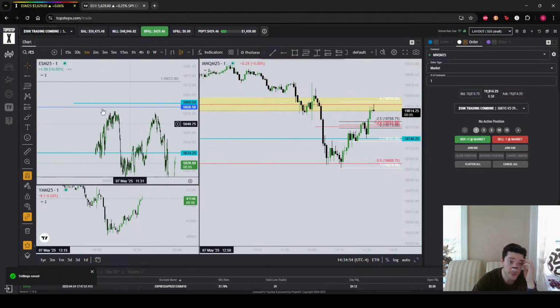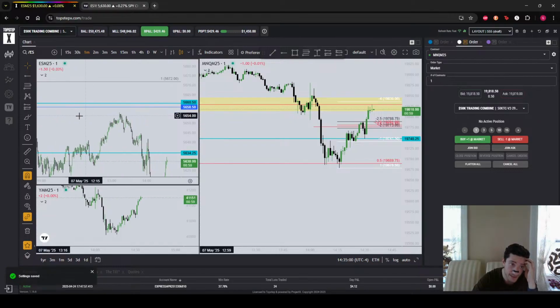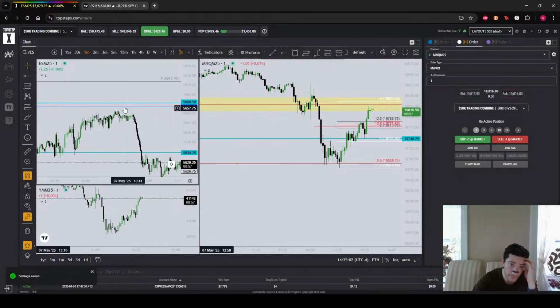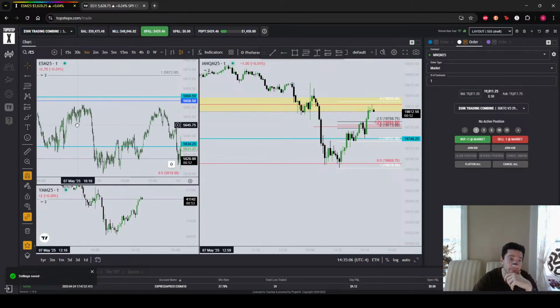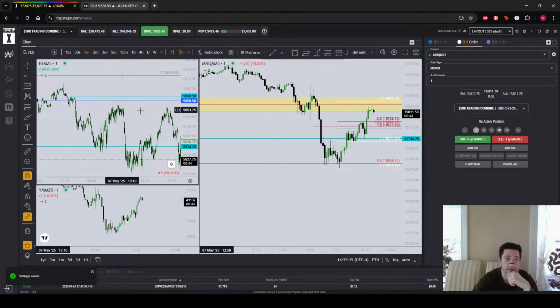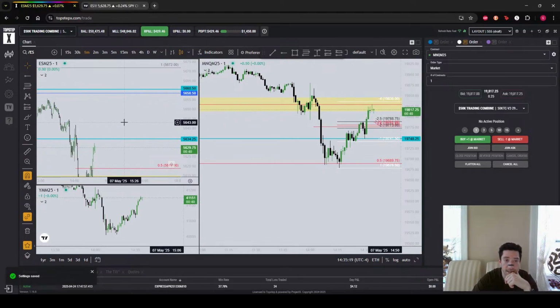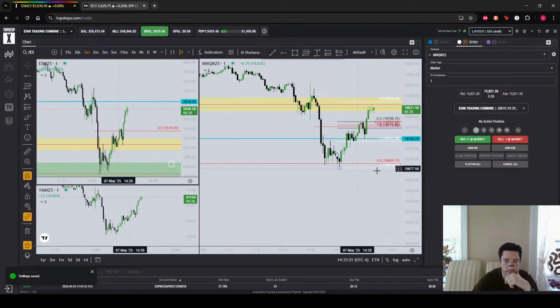And then we could also use ES as our North Star for liquidity. You have these highs, which are very suspect on the 1 minute. They're just kind of perfectly equal highs. I think that's BS. That's typically what I like to target and run towards. You have a failure swing just below them, just below midnight. These are all great targets. This cluster of equal highs, this cluster of highs, and then this failure swing. It kind of makes for a very nice trend line that is very much so targetable.